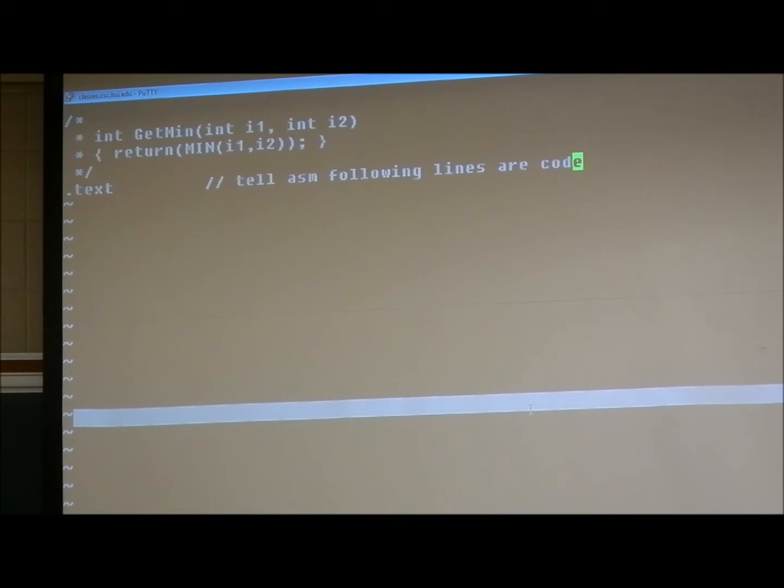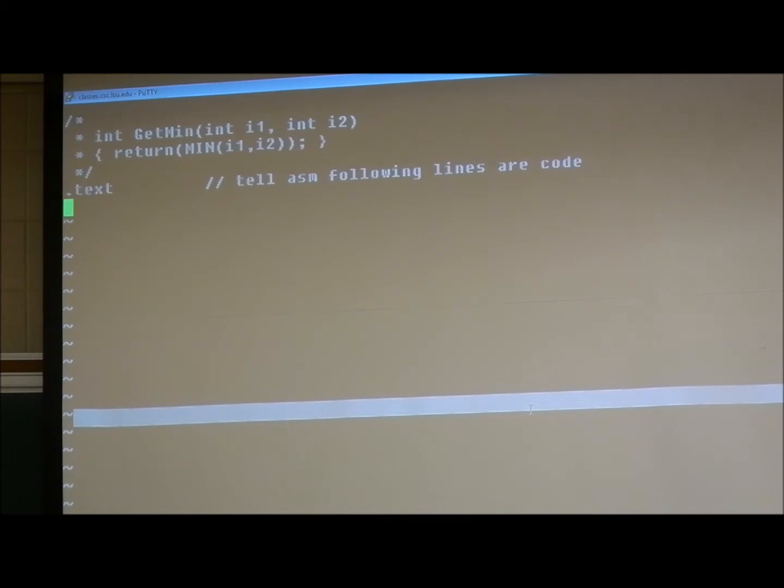Because the other thing that you might be doing in an assembly file is, you remember we talked about there's global data, which is stored in the data section? Well, if you do .data, you can actually give a series of bytes that get stored into global data. That's how you create global data before your program runs. You put it like this. Now, we're not going to cover that in the exam, but I just want to let you know that's why you have to specify. Because remember, the assembler, unlike the compiler, is a very stupid piece of software. So it doesn't know what you're doing until you tell it. So we're telling it we're providing you with code, or assembly. Okay,